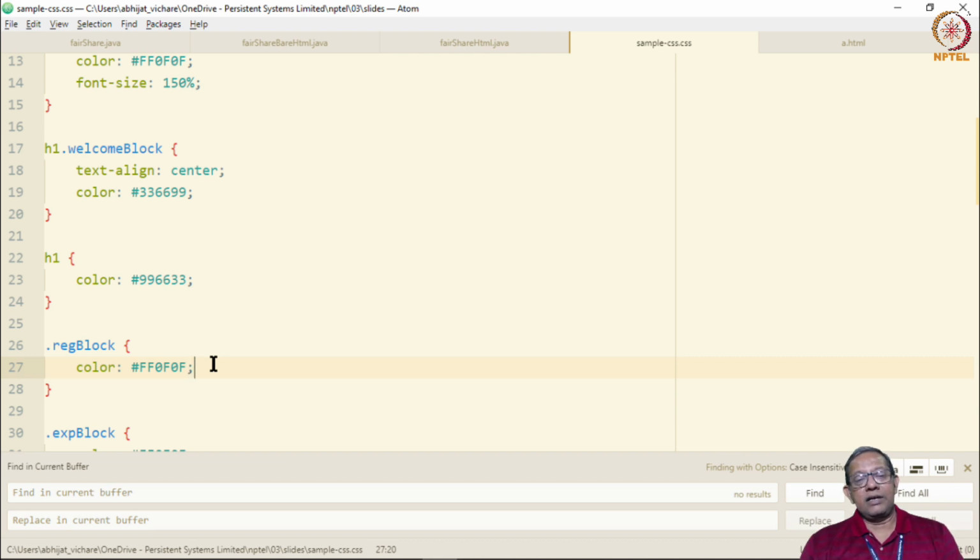For example, we could say that the font could be bold or italics. The way to specify is very simple. In the HTML page we name, and in the CSS we describe how that name is to be presented. As far as describing is concerned, we take the attribute, color, and the value of that description. The attribute font size and the value. The attribute font type and the value.